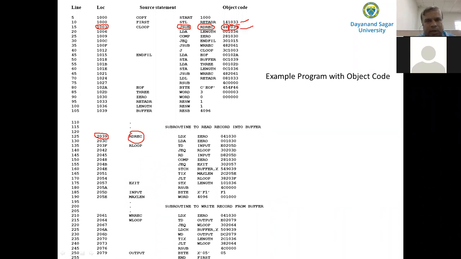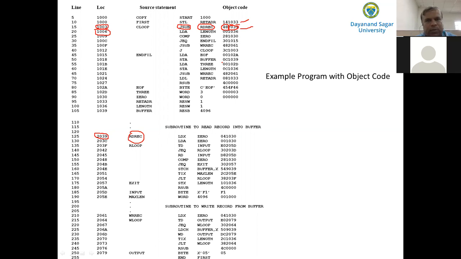Obviously, what is the address of the next instruction? So this instruction will be stored starting from the address 1003. At 1003, 48 will be stored. At 1004, 20 will be stored. At 1005, 39 will be stored. What is the address of the next instruction? It is 1006. So like that, the object code for each part of the program will be translated by the assembler. Okay, that is the first step.